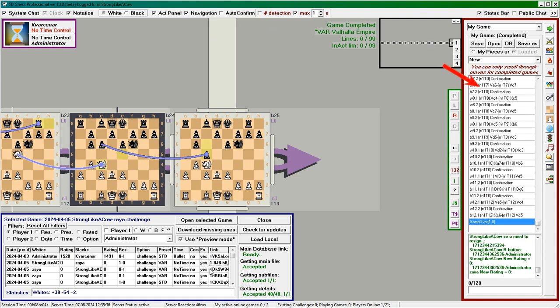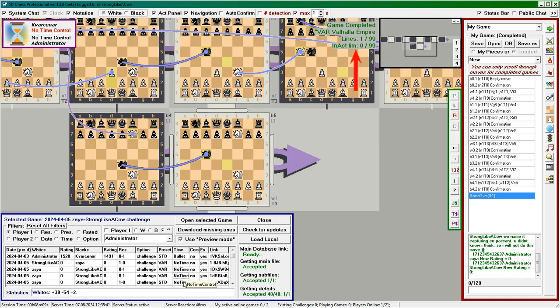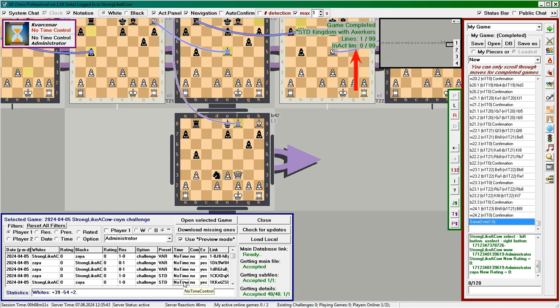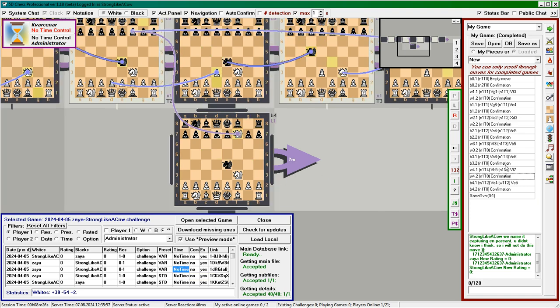The list of moves in the game chat will still be displayed on the right, and in the game description text we will also see the name of its preset and its details. But instead of the name of the game we will see the word New. This is a sign of an empty position for a game in the list of active games. Therefore we cannot create a daughter game from preview mode, but we can scroll through the moves of the game.